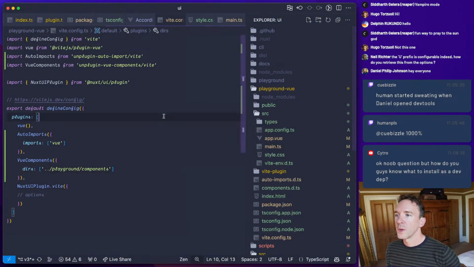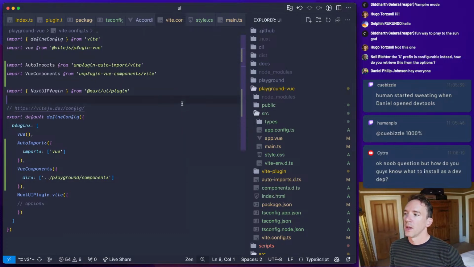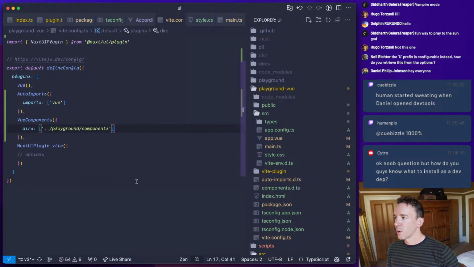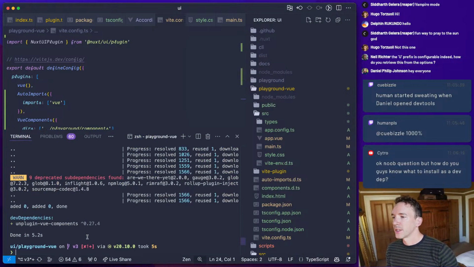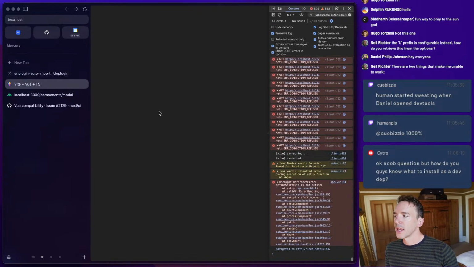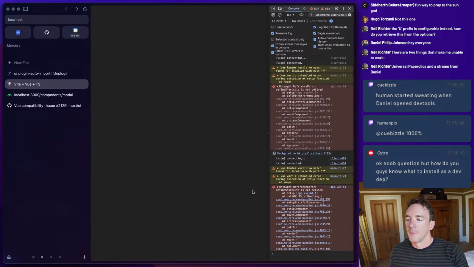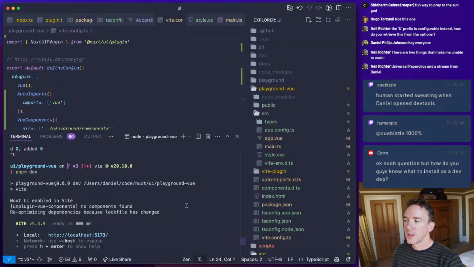Okay, so I think this should be much simpler and hopefully more maintainable in terms of sharing the code between the two. So if somebody updates one, we get the other updated. And let's just confirm we can still run the dev server. We're getting the same. So the key thing with Nuxt is the dev server does not matter. Like dev dependencies don't matter. Because none of the dependencies will actually be installed when you go to production.